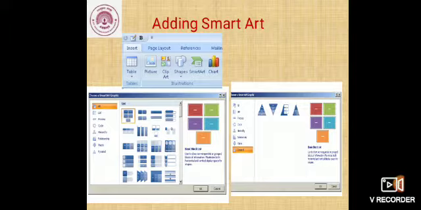So see children, can you see the illustration group on the screen? Yes, in that you have smart art option. So you will click on that smart art option and then you will choose smart art. In the graphic dialog box from the left pane, click pyramid. You will get this type of window open on your screen, and then from the various pyramid layout options, click on basic pyramid and you will get a window opened which is there on the right side of your screen.